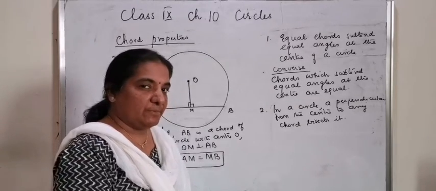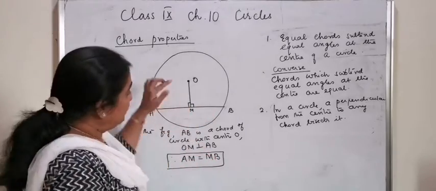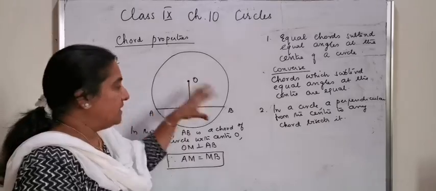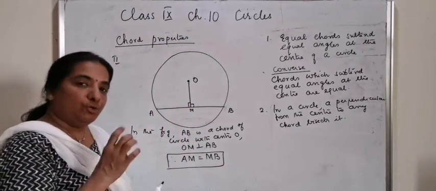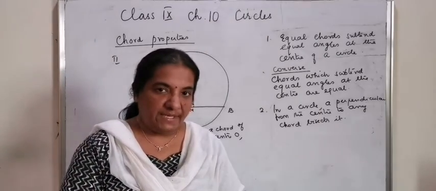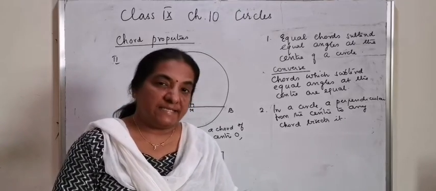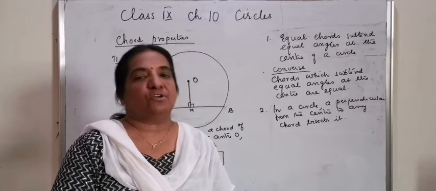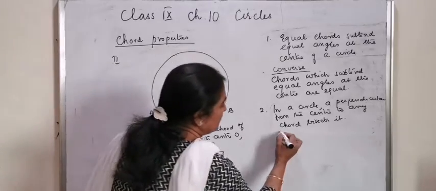The converse statement will be: in a circle, a line joining center to the midpoint of a chord is always perpendicular. That means you will have a circle with center O, you will have a chord AB. You can find the midpoint of the chord AB. The line segment joining the center to the midpoint of this chord will always be perpendicular. So the converse statement,